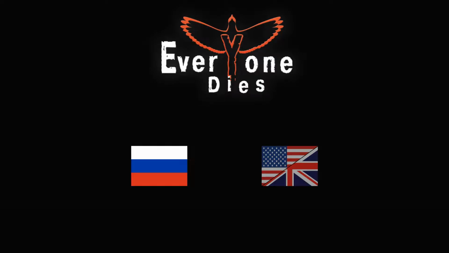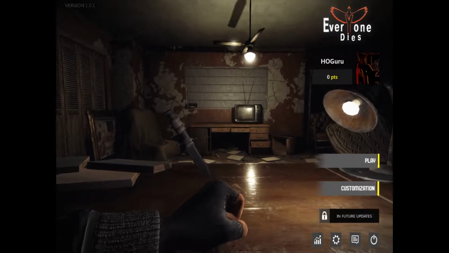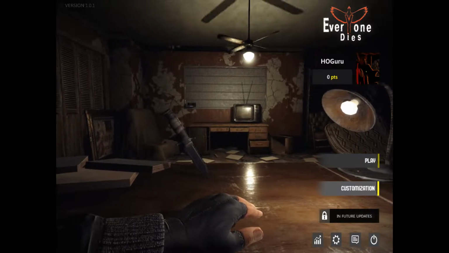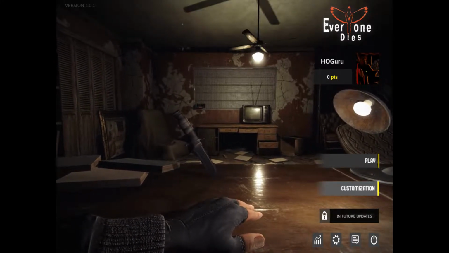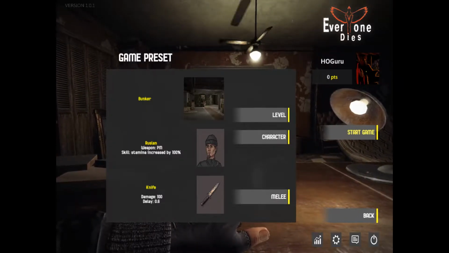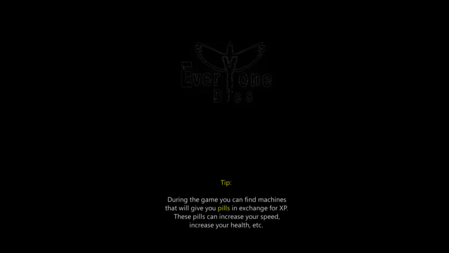Hidden Object Guru here with hot new game Ever Why One Dies. So it's like Ever Why. So we're always wondering why one dies. It's a very interesting philosophical statement. Also, that might be a raven. Oh, nice. Wow, that looks fantastic. Almost startlingly so. Way to go, guys. Knife, uh-oh. I'm worried about this knife thing, but...